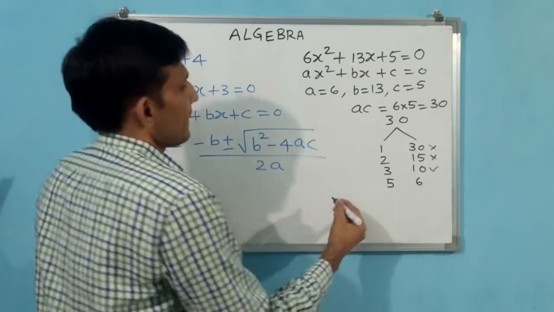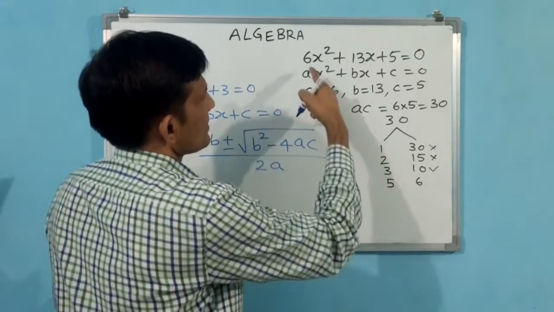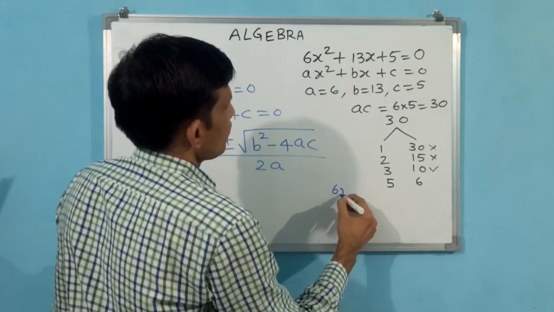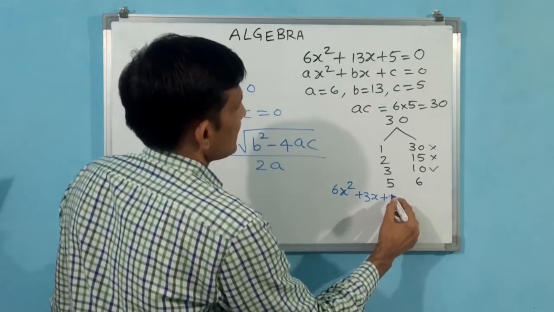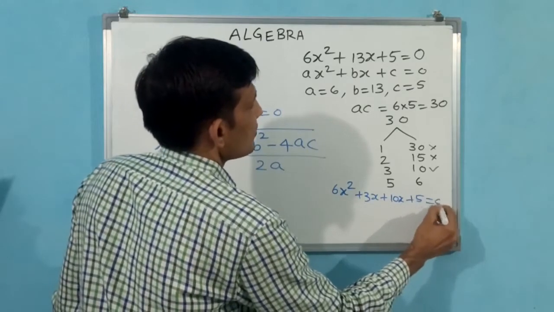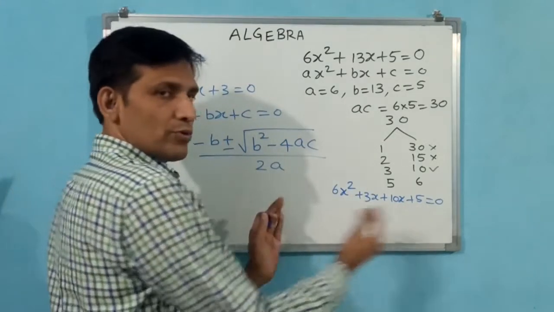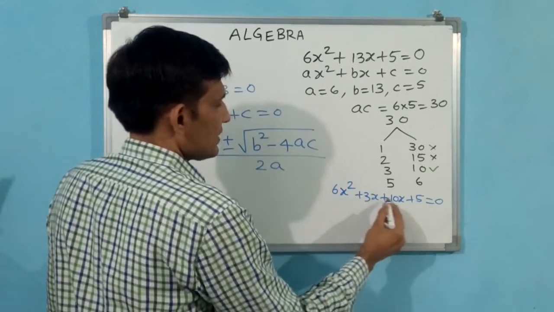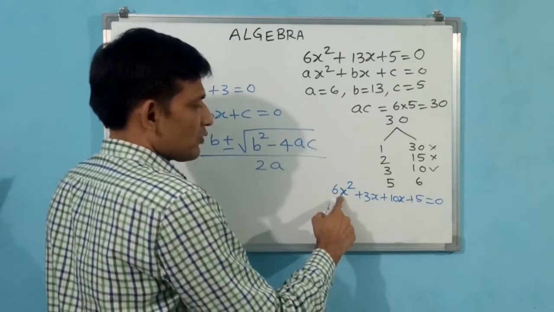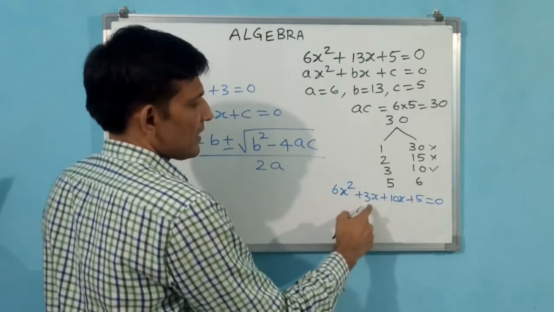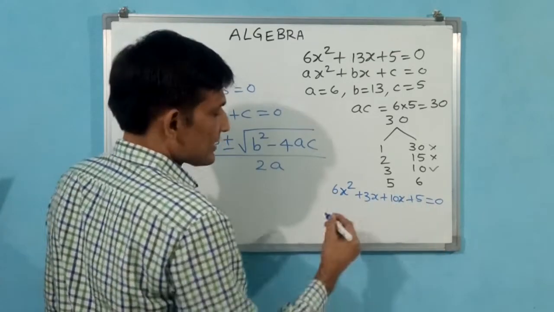What we do? 6x square plus 3x plus 10x plus 5 is equal to 0. Like that we will split. Okay. Now you take some common. Common means here 6 and 10, 1x and 1x square you have to take. Common means if x square has been taken once, then another x you have to take. 6 or 3 and 6 or 10, whatever it may be, but the remaining should also match in the bracket. Let us write, then you can understand.